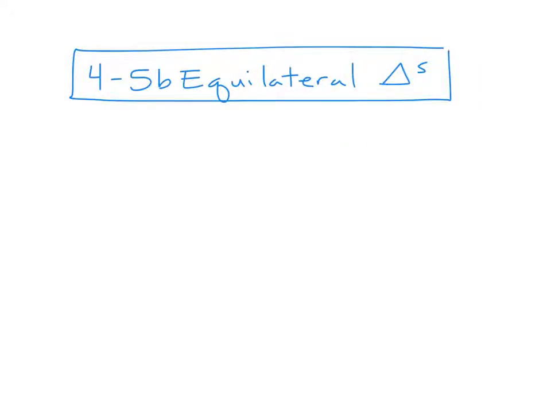What's an equilateral triangle? All the sides are the same, right? Equilateral means all of your sides are congruent. So there's two theorems that deal with equilateral triangles. They're really just converses of each other. But the one says this: if a triangle is equilateral,